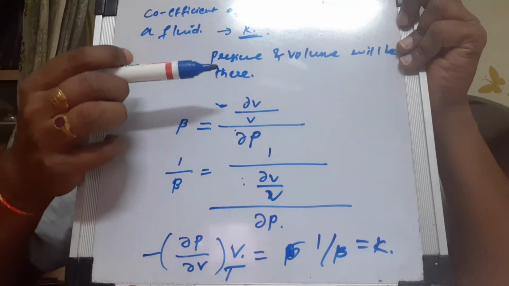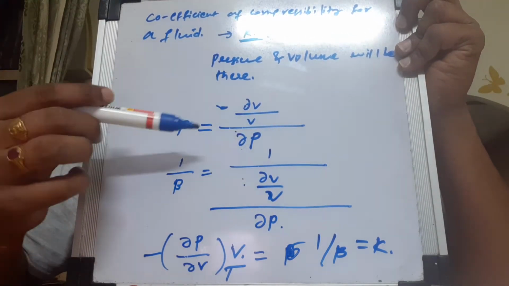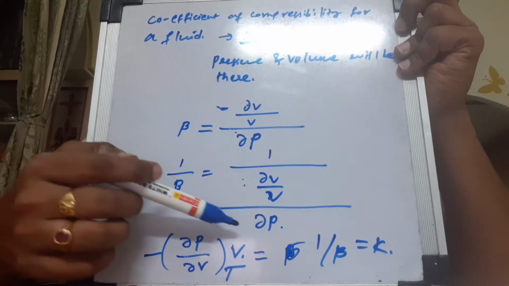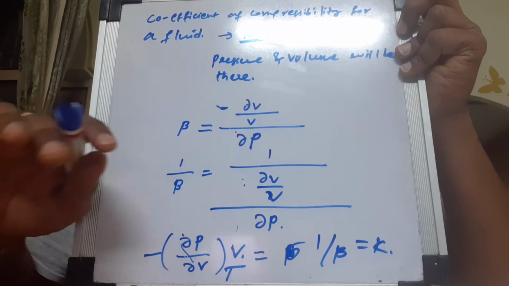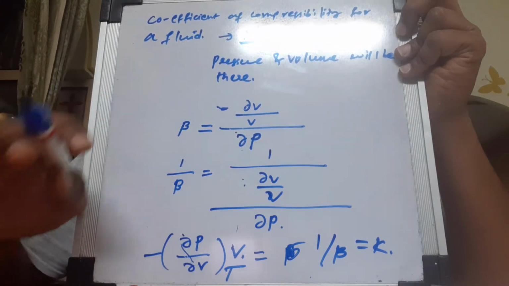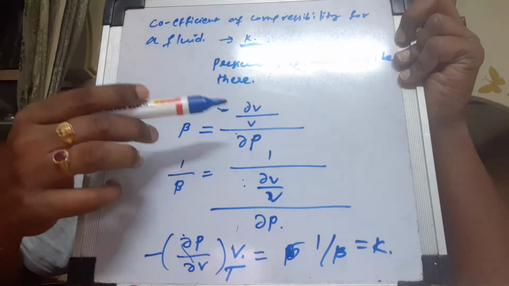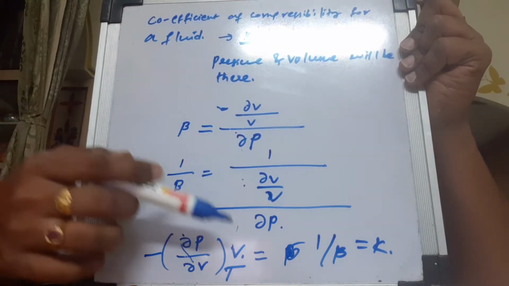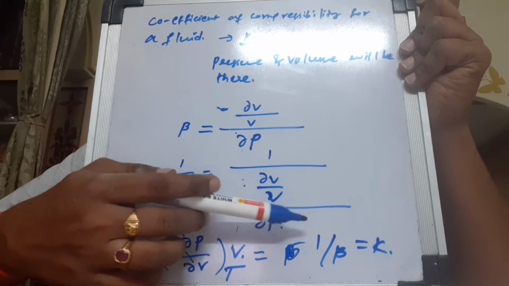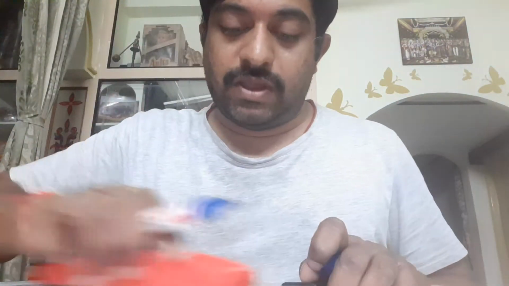Right? As I said, you may not remember all the things, but this is the change in relative volume, and this is the change in pressure. So the ratio we have taken, and then the reciprocal we have taken to arrive at dou p by dou v into v, with a minus. You can just remember that logic. There is no hard and fast rule, but you are just taking the reciprocal, starting from scratch. You have developed this equation and then taken the reciprocal, 1 by beta, because 1 by beta is commonly termed the coefficient of thermal expansion. And so we have completed one term.